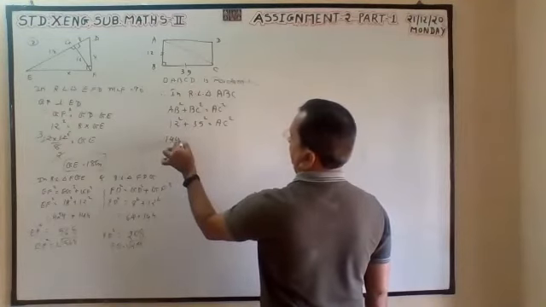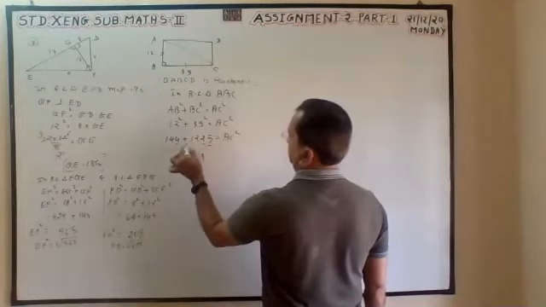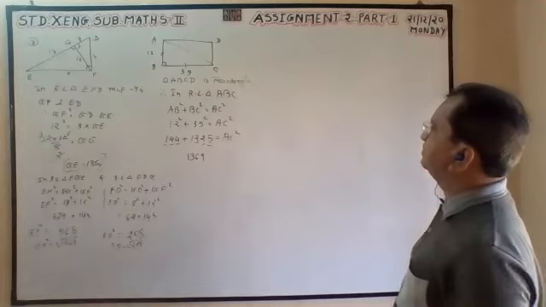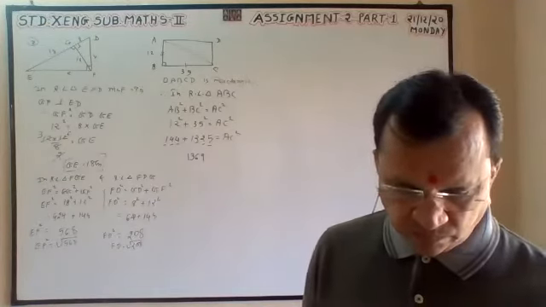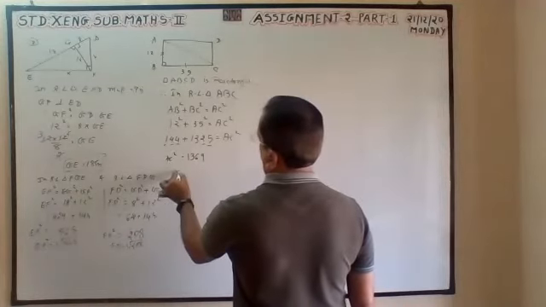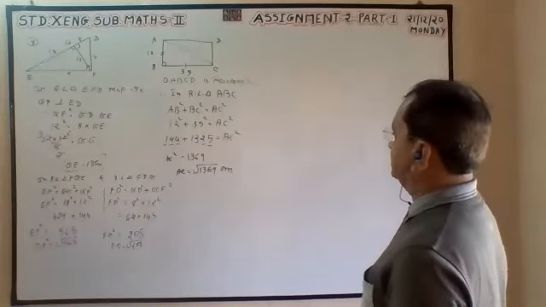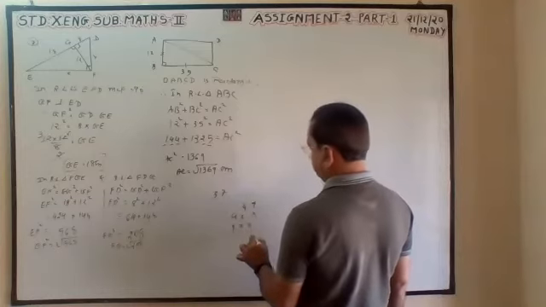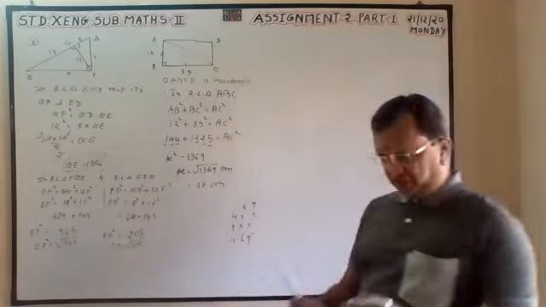12 square we counted 144. This 9, this 6, this 3. 1369, 35. 37 into 37. One three six nine. That is a square of